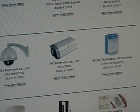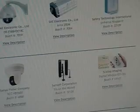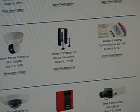Let's see what else I thought was kind of interesting out here. I remember checking these guys out a year or two ago. Scallop Imaging has this multi-megapixel 180-degree camera. Just very similar, of course, to that Avigilon camera we looked at. They're using multiple sensors to give you that 180-degree effect. So you can check them out. They're booth